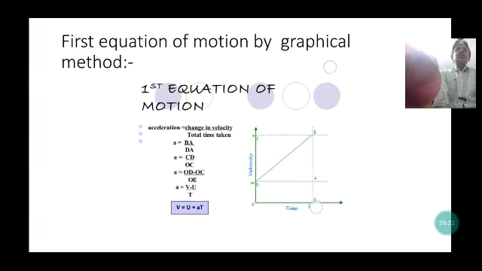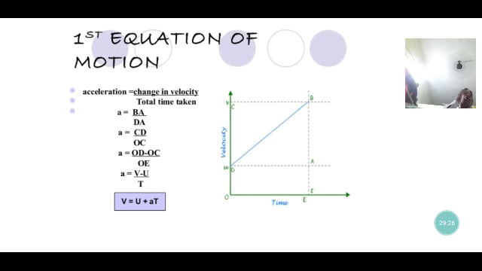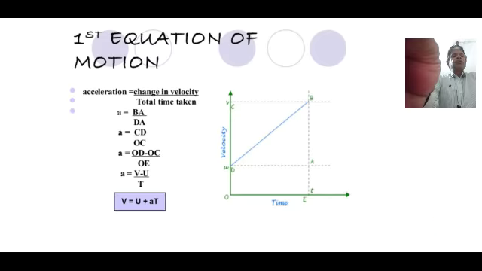In the next slide, on the basis of the velocity time graph, there are three important equations of motion that may be derived from the velocity time graph. Here, the first equation of motion. The first equation of motion is